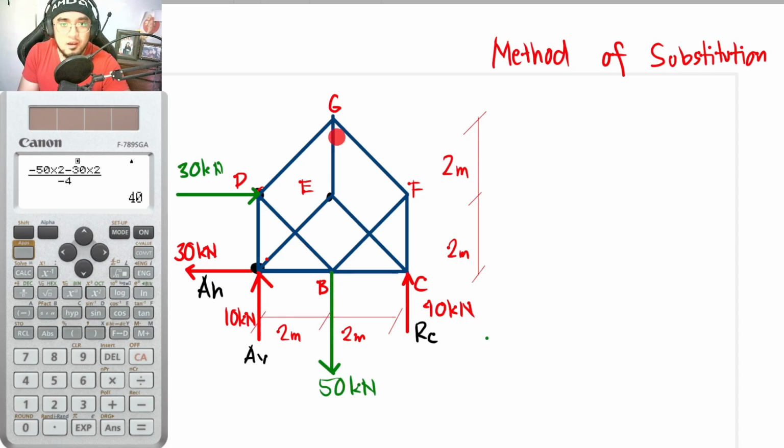And as you can see, all of the joints do not have two unknowns or below; they have three unknowns. Okay, so with that, for method of substitution, what we would be doing here is rearranging one member in such a way that we will now have a certain joint that only has two unknowns. So in Tagalog or in Filipino, ang gagawin lang po natin, yung isang member dyan, ililipat natin para yung isang joint, dadalawa lang yung mismong magiging unknowns niya. Okay, so let us try that here. So with that, maybe I want to move my member DB. So let's say that I want to move